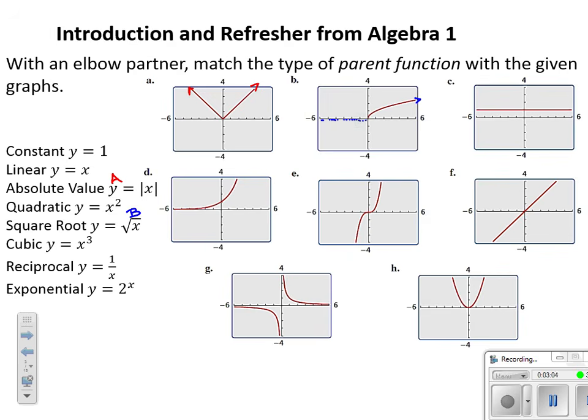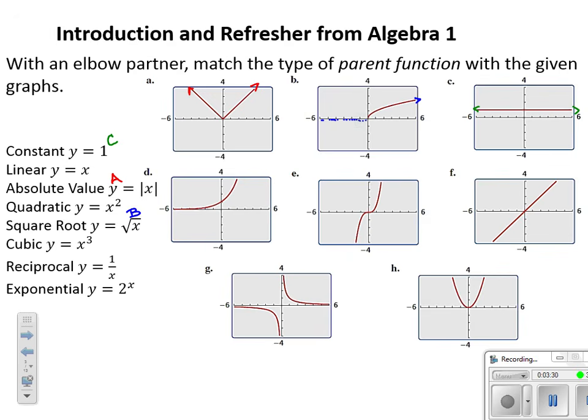All right, letter C. Here we've got a function that is just flat across the top. And so it is a perfect horizontal line. And we notice that the height, or what's measured on the y-axis, remains the same. Well, that is indicative of a constant function. The y value, the height, is always 1 in that case. And again, this graph does extend if we were to zoom out.